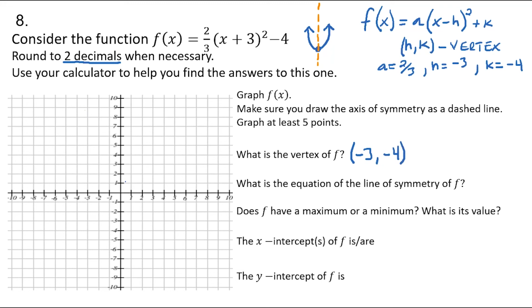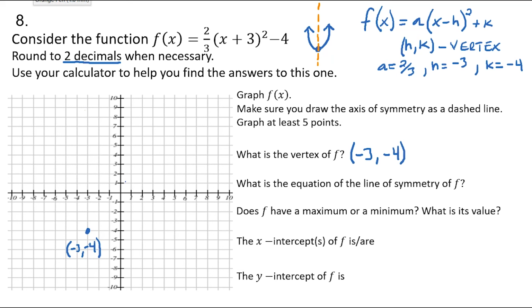And I can also plot that point on my graph. -3, -4. I'll go ahead and mark off the value of this point here. -4 right here. Okay. So now the next thing, I'll jump down to the second question where it says what